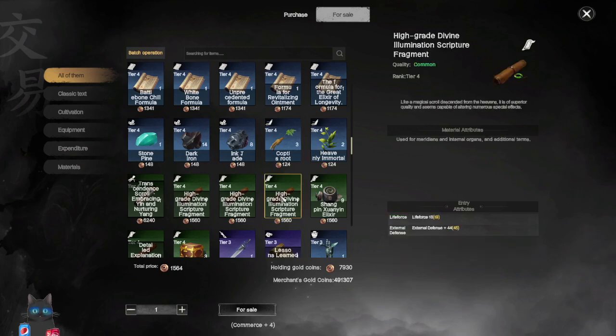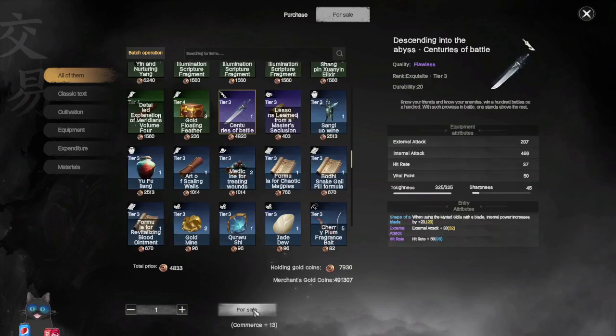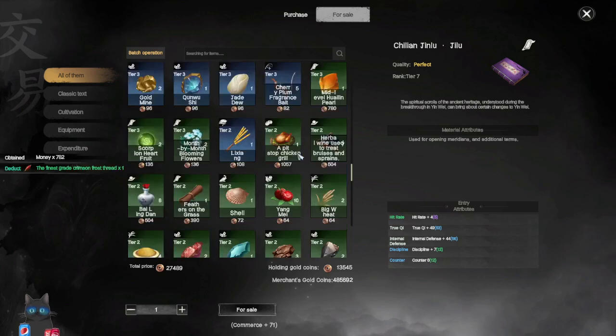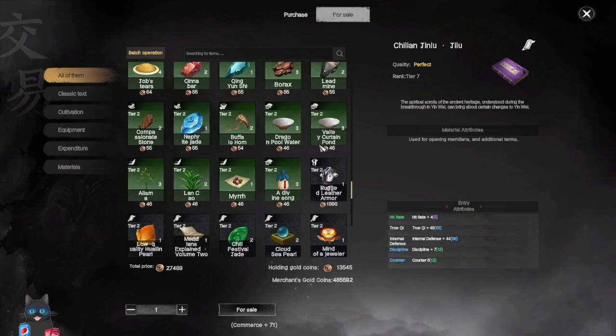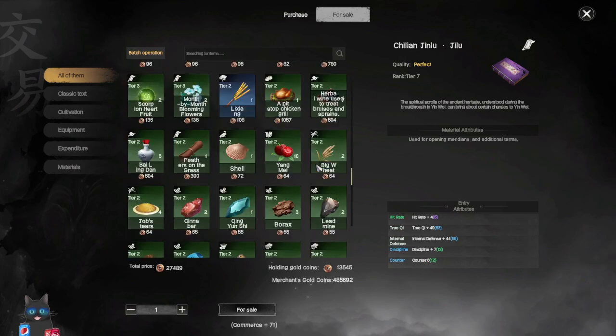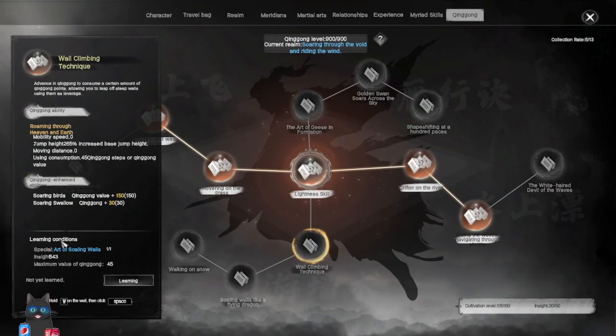Ooh, what are these? Oh, more meridians. Okay. A blade I know I'm not going to use. I can sell that. This thread is worthless. I can sell that. Where's the scroll? I just want to get it out of my inventory. But wait, didn't I see it? Alright, whatever. Okay, now let's get our wall climbing,